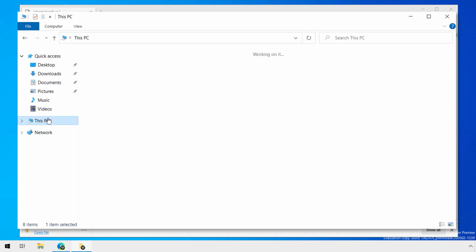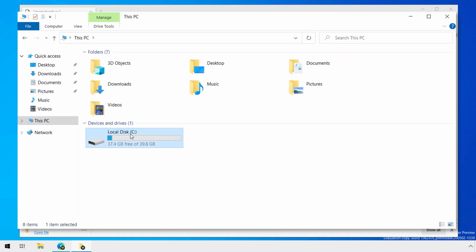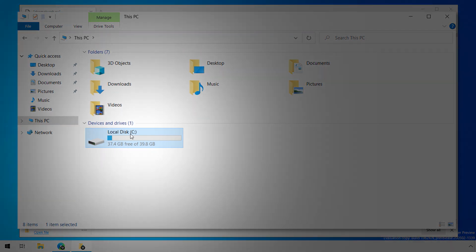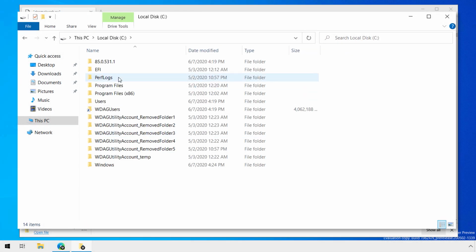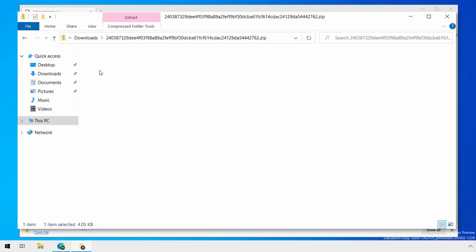But I want to show you a couple other things. I'm on a Surface Book here. It's got a 1 terabyte drive, and you'll see that this environment is isolated with about 40 gigabytes of storage. And when I click into the C drive, you'll see this isn't the Windows file system that you know from the root of C. So now I'm going to open up the zip that we just downloaded, and we'll see